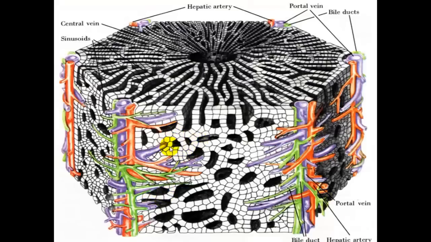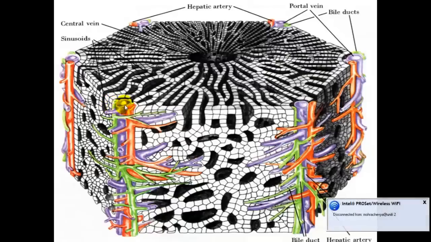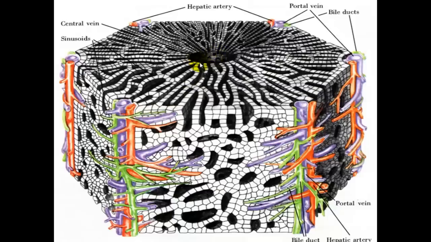So this is a three-dimensional structure, and you can see this is the portal triad, which comprises a bile duct, a portal vein and a hepatic artery. These are the three structures present inside the portal triad. And you have the central vein, and you must see that this central vein is completely devoid of fibrosis. This part may have some fibrosis. This part in fact has a lot of fibrotic tissue around it, whereas this part is completely devoid of fibrous tissue. So from the sinusoids all the way up to the central vein, we do not have any